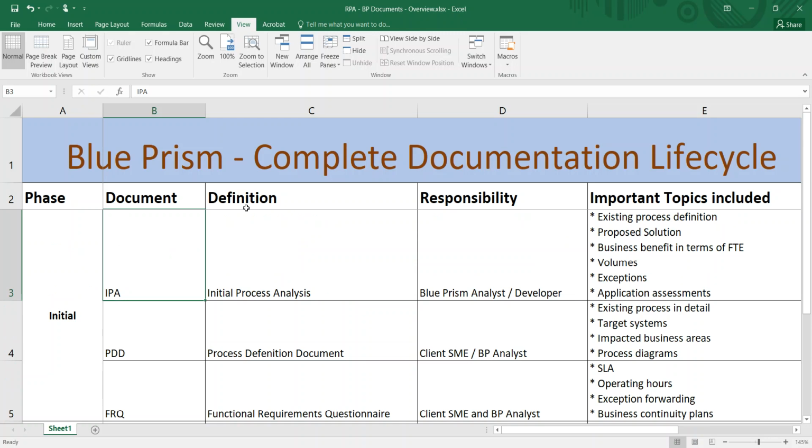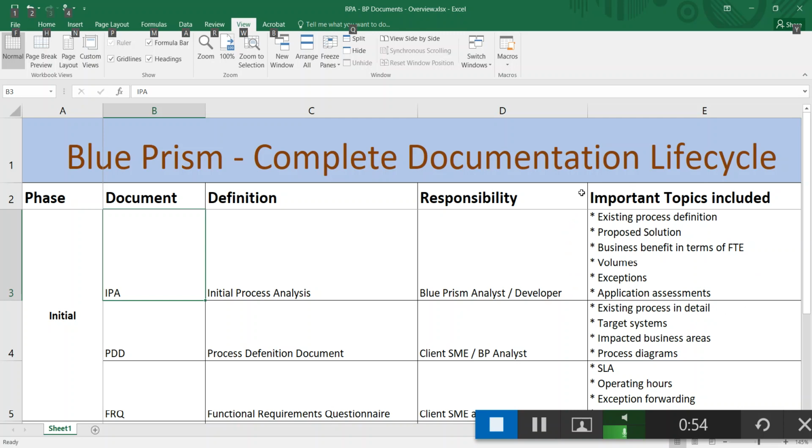I have also provided the definition, who is responsible for the document, and what important topics are covered in those documents. We cannot see each and every detail of the document, so I have provided the important topics available in each document.